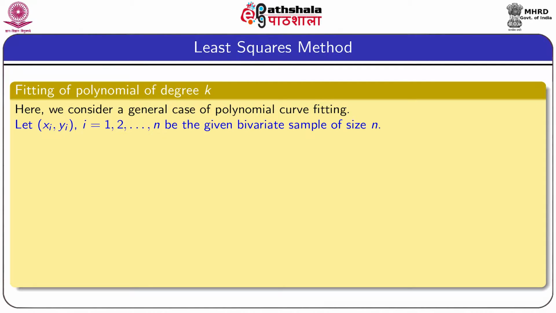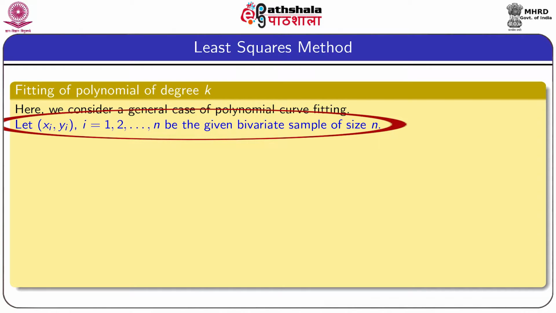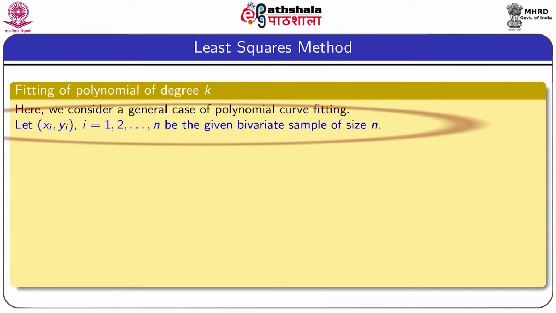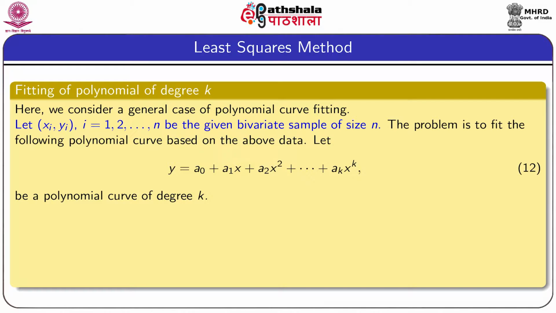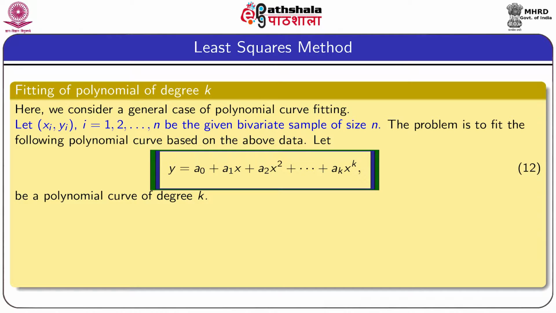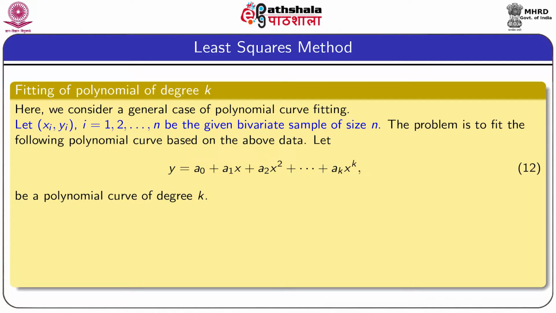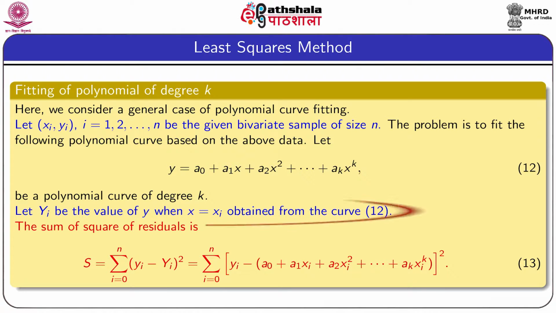Now, we describe a method to fit a polynomial curve of degree k. Let (xi, yi), i equal to 1 to n, be the given bivariate sample of size n. The problem is to fit the following polynomial curve based on the above data. Let y equal to a0 plus a1x plus a2x square plus dot dot dot plus akx to the power k be the polynomial curve of degree k. Let capital Yi be the value of y when x equal to xi obtained from the curve 12, and capital Yi is called the predicted value